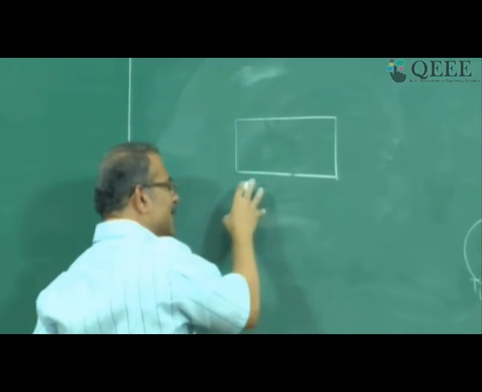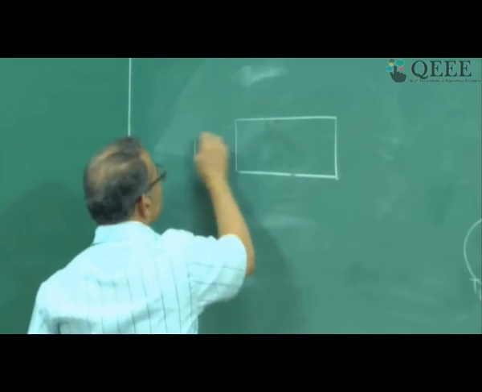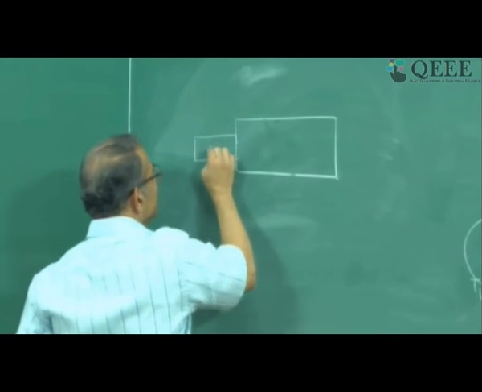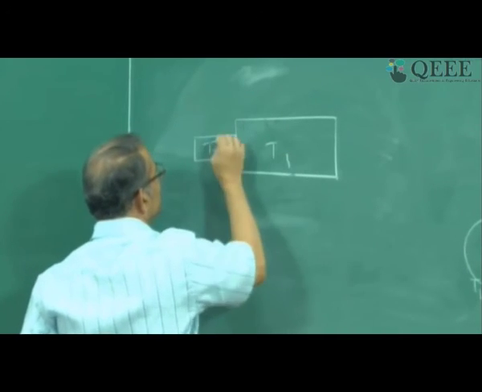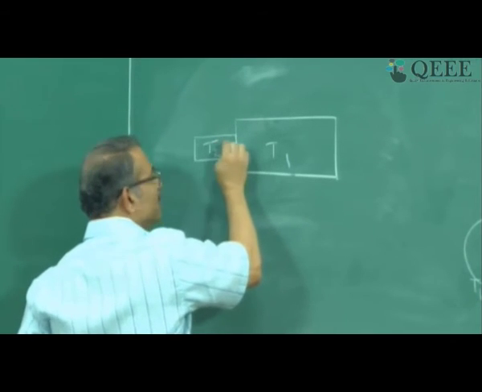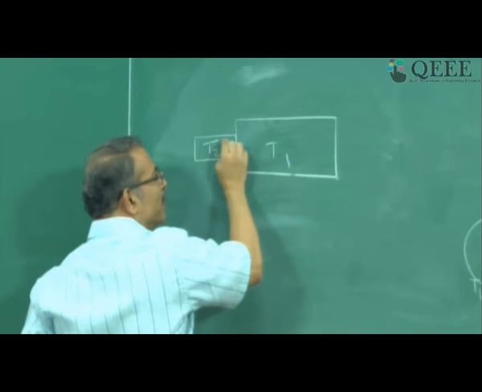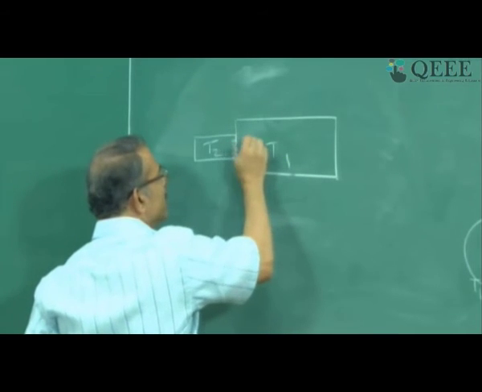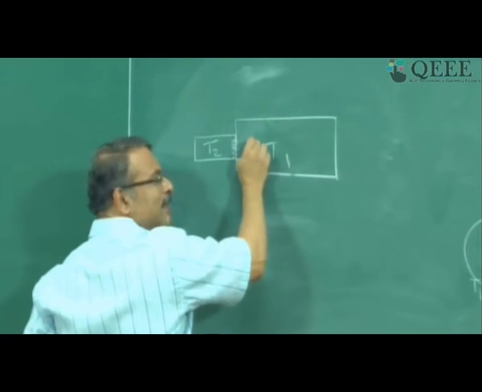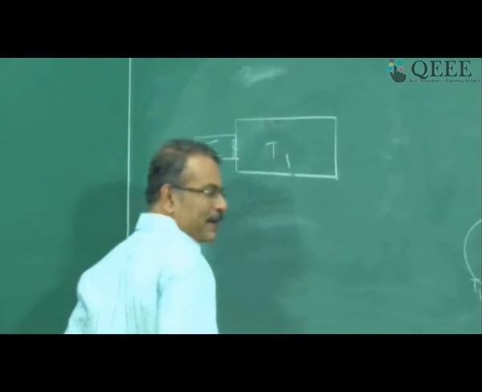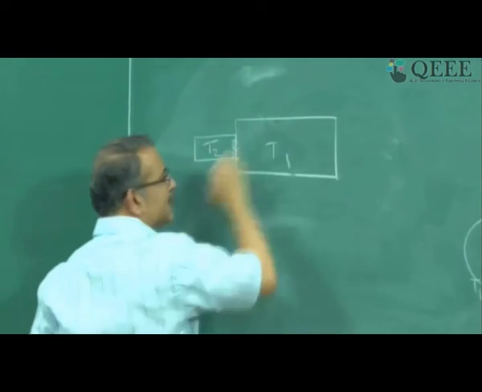Now what do you mean by saying the other solid? Let us say I am bringing this solid in contact with this. What do you mean by saying this temperature is higher than this temperature? The random energy associated with the random vibration of atoms here is more. So when you are touching this body to this body, these randomly vibrating atoms will transfer their movement to the atoms of this solid, right? And that is why these have also now started vibrating. That is how temperature of this has increased.